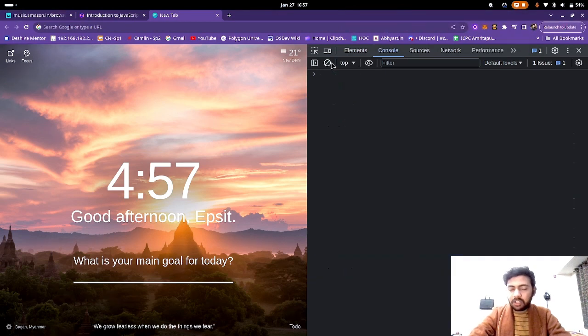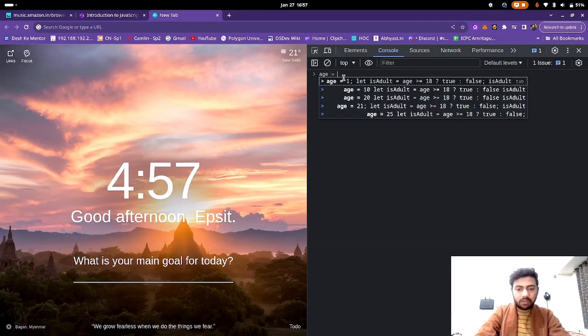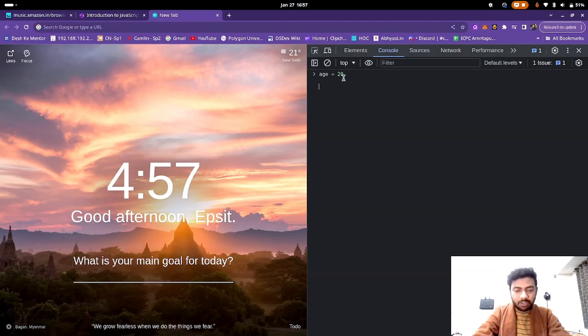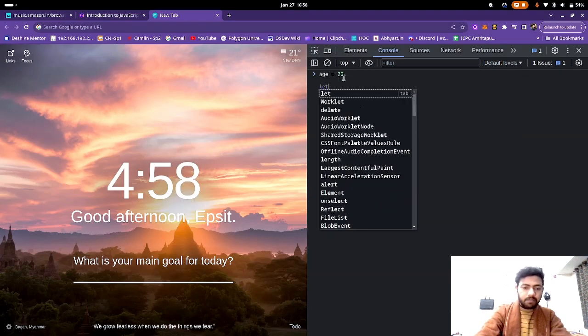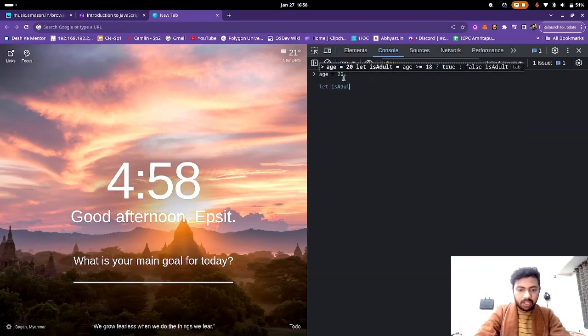Let me clear the console for you, and let's take a condition as an example. I want to vote, and in order to be eligible for voting, the universal adult franchise says that you must be equal to or above the legal age of your nation. In India, it's 18. So, let us define a condition for that. My age is 20, so I'm mentioning age equals 20, and isAdult equals age,